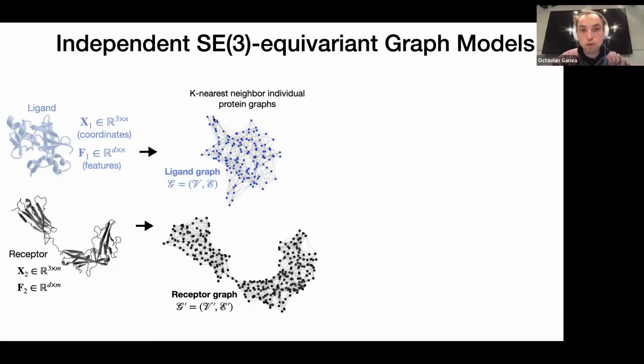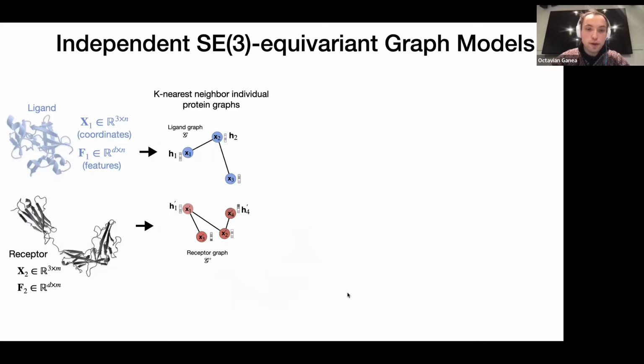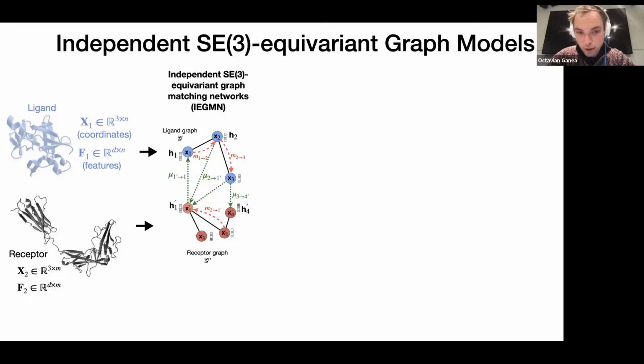We connect each node with its 10 closest nearest neighbors. But again, this is a hyperparameter, so these k nearest neighbor graphs can look different depending on how one decides to create them. Okay, so here are the spatial graphs shown in a cartoonish way, just to make this figure a bit simpler to digest. We have these two graphs. Again, we have coordinates denoted by x, and we are going to have features which are going to be denoted by f or h. And then what we do is that we run a message passing neural network,